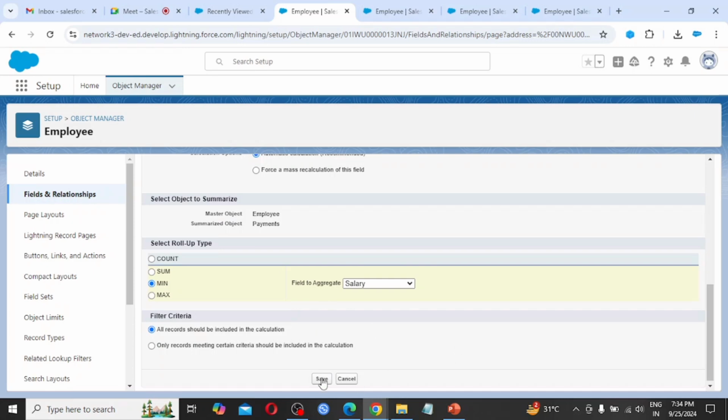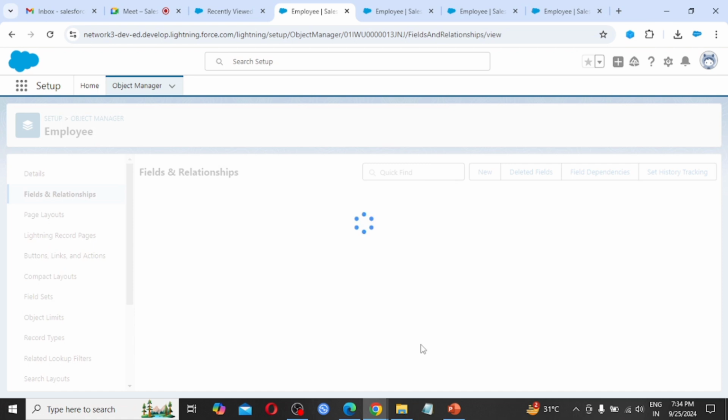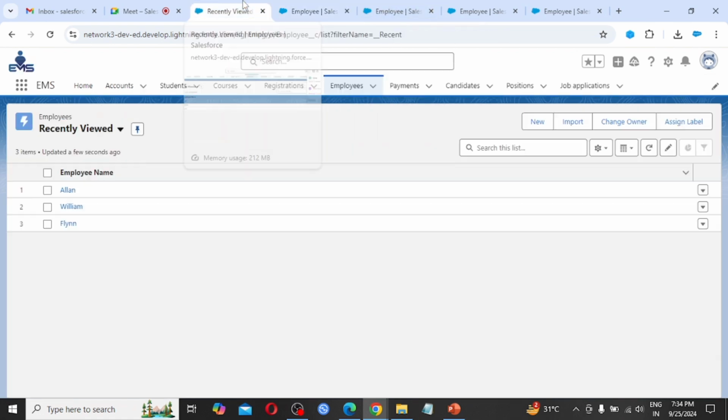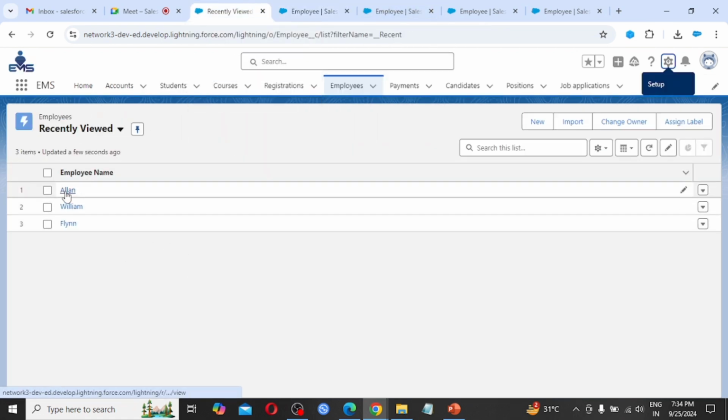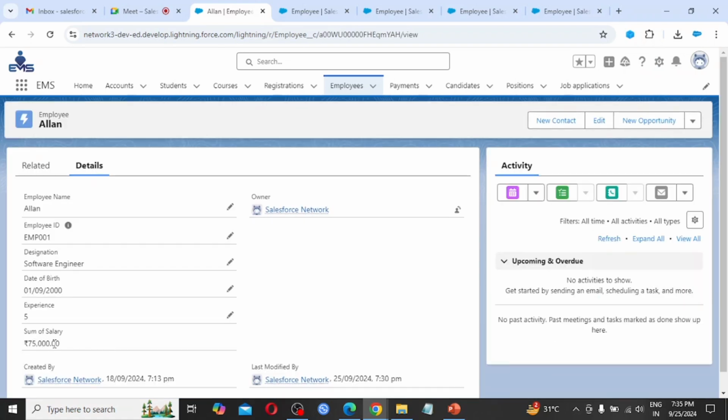So I simply click on save. Here it is going to display a single value. Click save. Coming back to our application, for Alan we have 4 months of salary. In those 4 months, the month in which he got the minimum salary is what it is going to display. So 75k he was getting in the month of September.